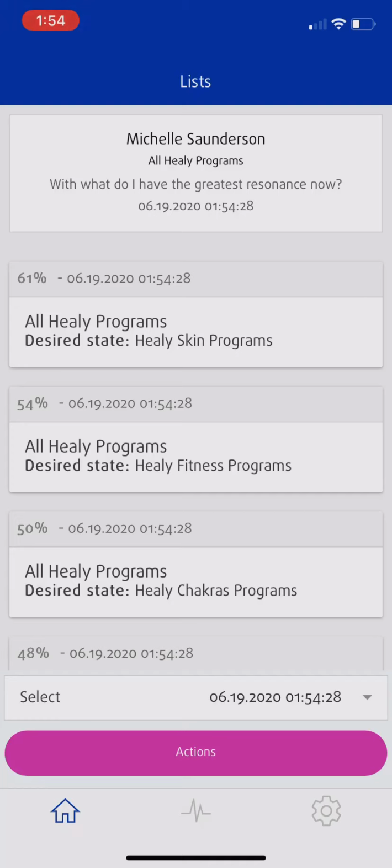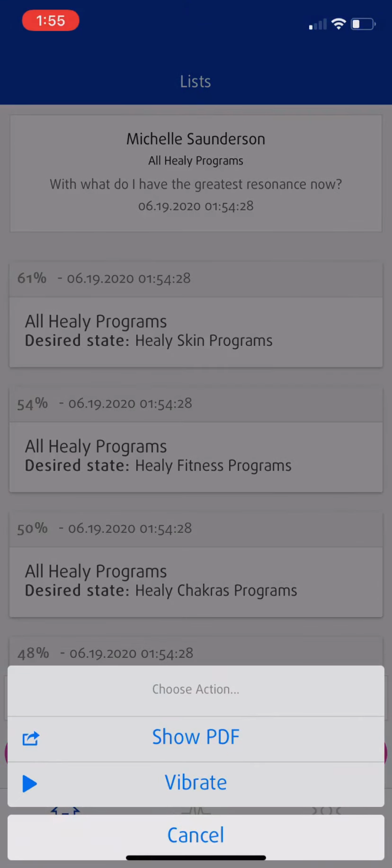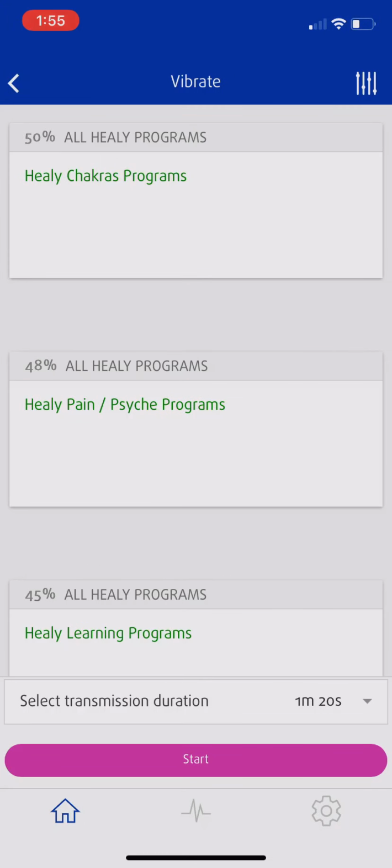Now you can either do one of two things. You can vibrate into your electromagnetic field these 5 programs without using any cords. But to do that, I would press Actions here and the word Vibrate, and you can choose how long